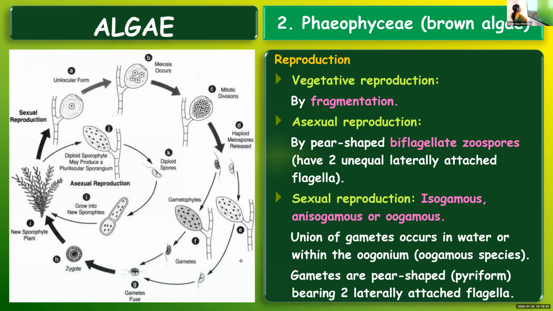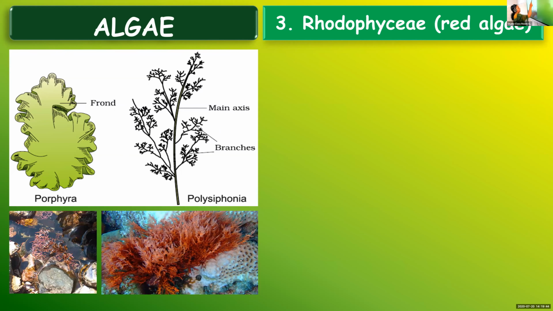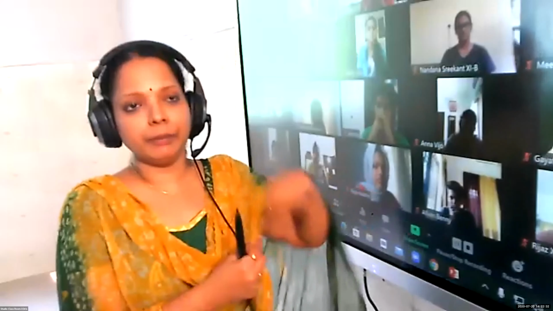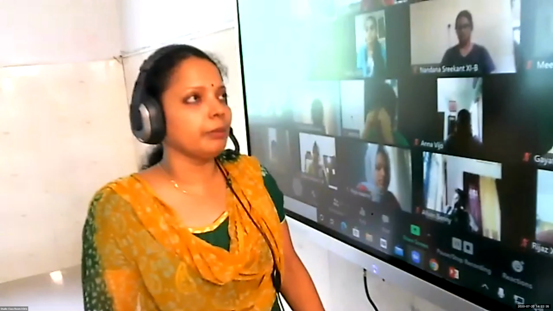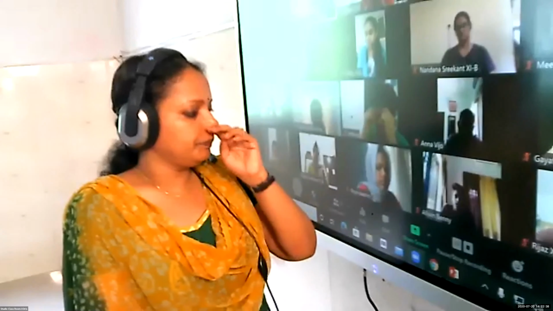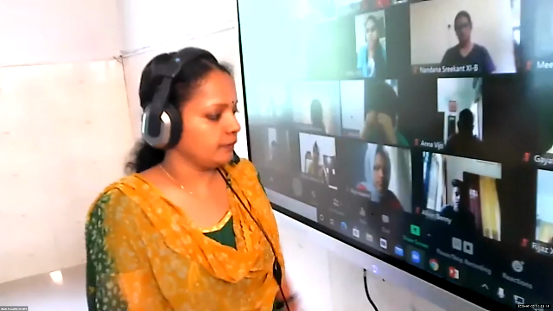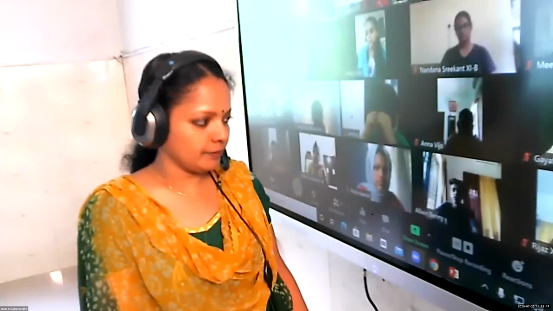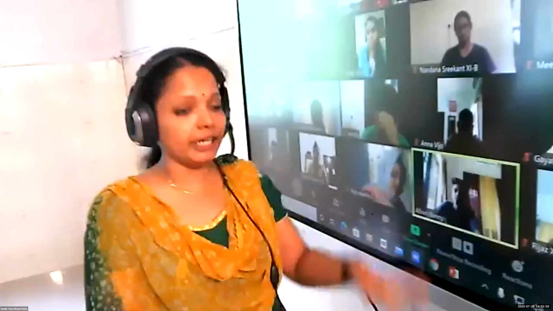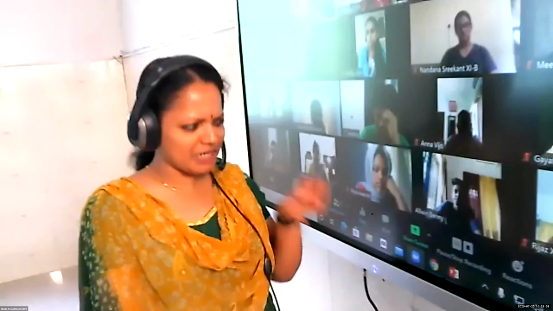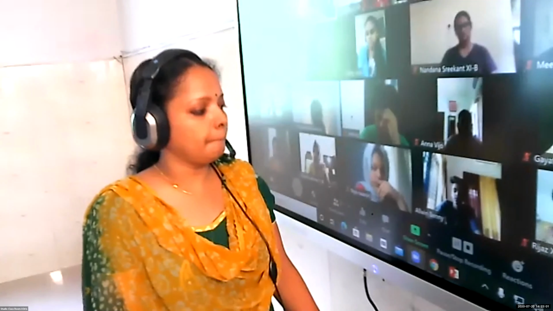And moving on to red algae. Before I proceed to red algae, we were discussing the methods of reproduction in brown algae. Which are the three methods of reproduction? Fragmentation is a type of? Asexual reproduction. Yes, asexual reproduction, but specify the category. It is also not involving gametes, but there is a specific name.